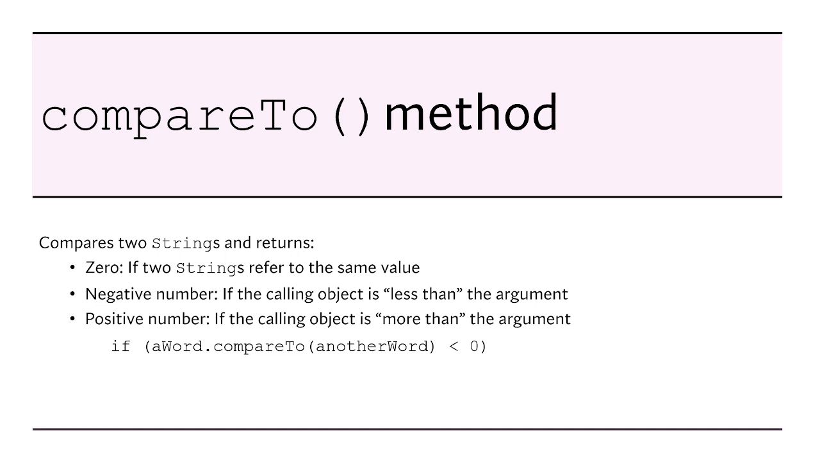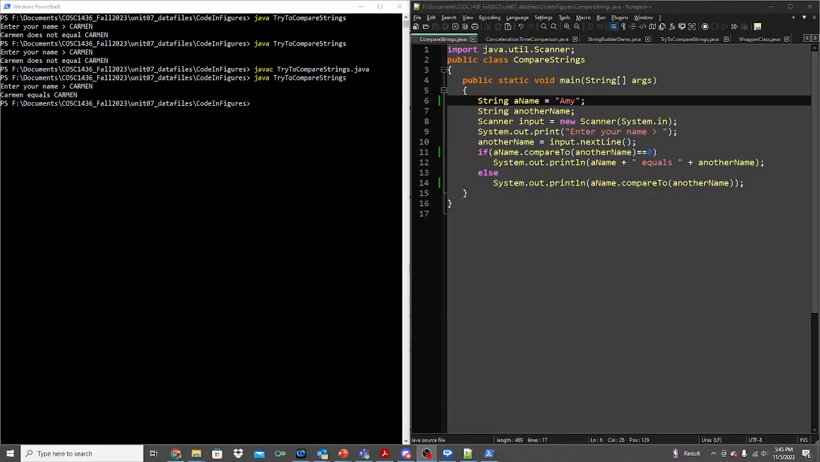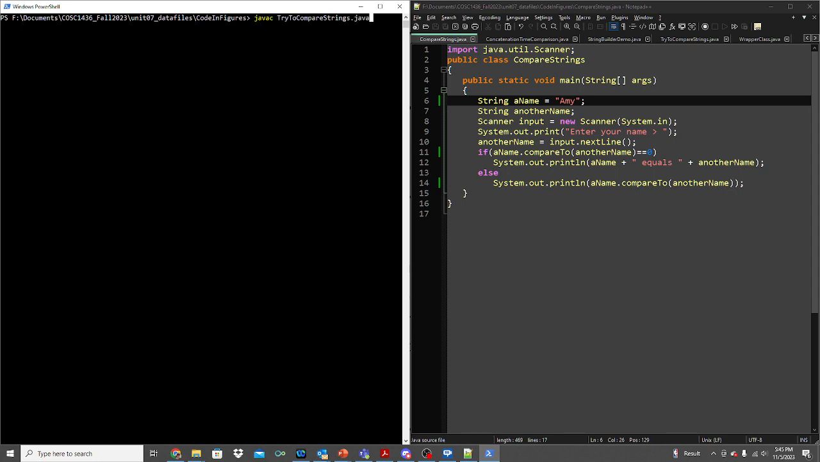And yeah, there is, of course, one more thing to look at, and that's the compareTo method. The compareTo method compares two strings and returns the difference between letters. So if the calling object's less than the argument, you get a negative number. If the calling object's more than the argument, you get a positive number. Let's also look at that in code with a similar program. So here is the same Carmen program. I made the name Amy instead though, and we are going to once again clear the screen, and I am